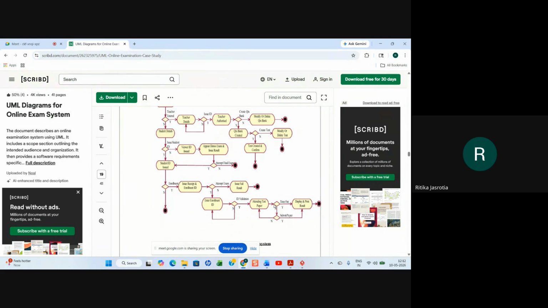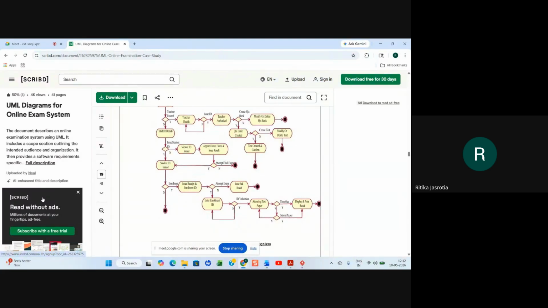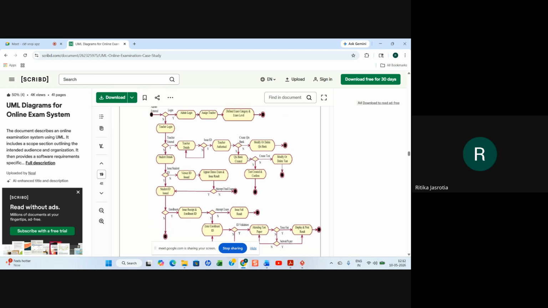And here the timeout is there, and display and print the result. And if no, then submit the paper and display and print the result. On timeout also you will go there, otherwise you can also submit it. That is what they are showing. And stop. They have done like this. Can you see that?